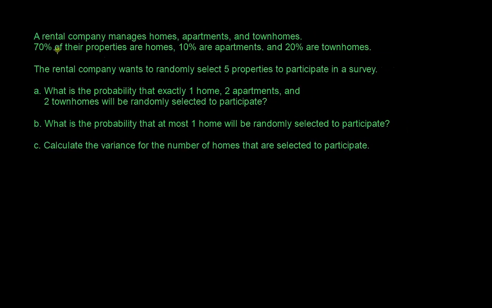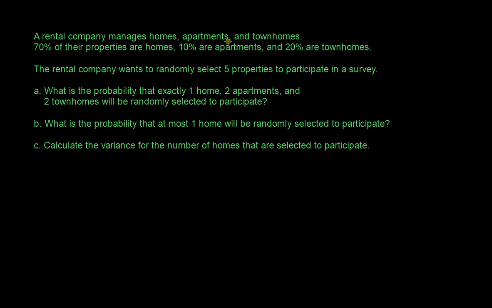Okay, so a rental company owns homes, apartments, and townhouses. 70% of their properties are homes, 10% are apartments, and 20% are townhomes. The rental company decides that they want to randomly select 5 properties to participate in the study. Now, they don't say anything about the total number of properties that they have, so we would assume that that's a large number of properties, right? They also don't say anything about sampling without replacement, so assume that they're sampling with replacement here, right? So because they have just told us these percentages, and we're sampling 5, we're selecting 5 with replacement,